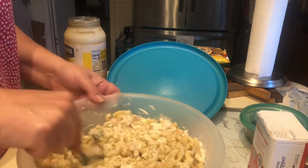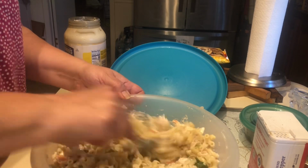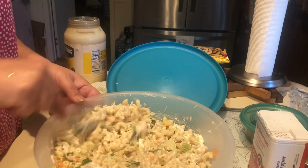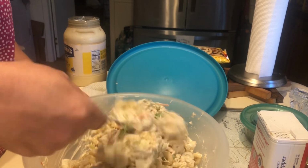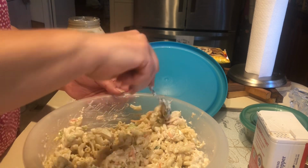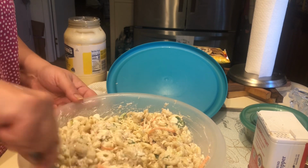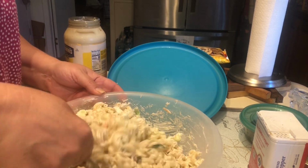And if I had a purple onion, I would actually cut a little bit of that and put in here, but I do not. I prefer it in a macaroni salad. I like onion, but I don't really prefer a yellow or a white onion in this. Some people call this like tuna salad, and you add a can of tuna fish and a can of chicken. Add peas to it. Green peppers, any color pepper, some celery,